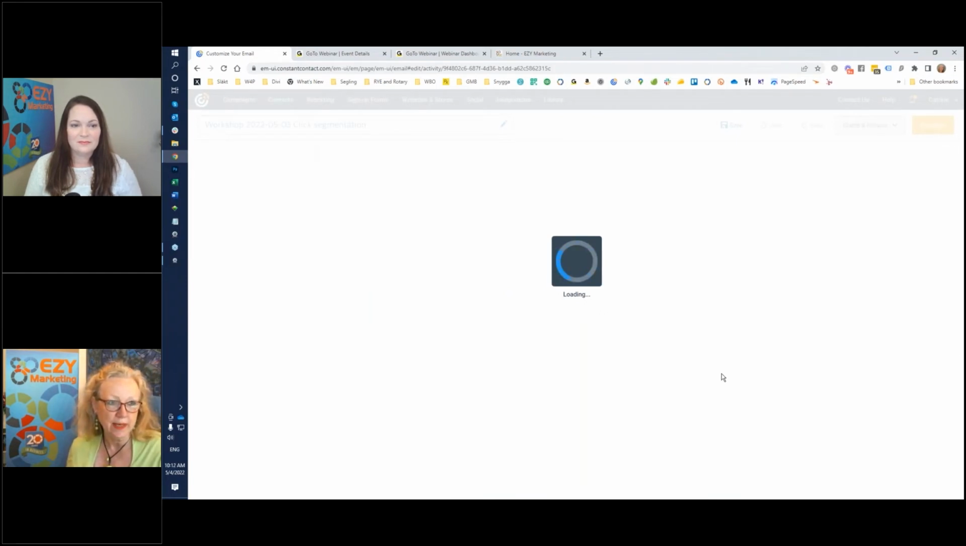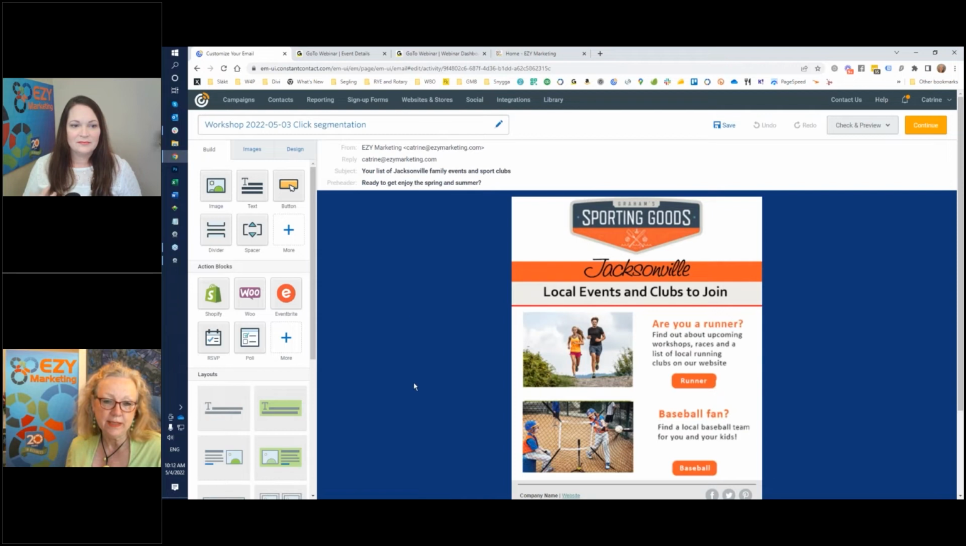I'm going to open this up. It's going to have these pieces of information where we give brief information that we have more to give them, and it's either for runners or baseball people. So we have those two things with two click buttons that are going to take them to more detailed information. And how do we create an automatic segmentation out of this? So if we click on this,